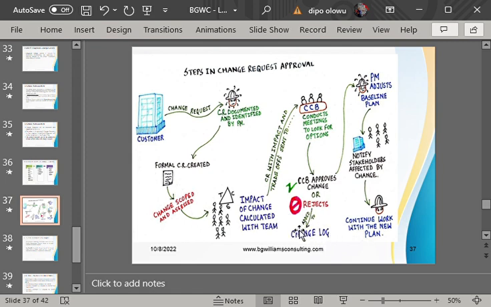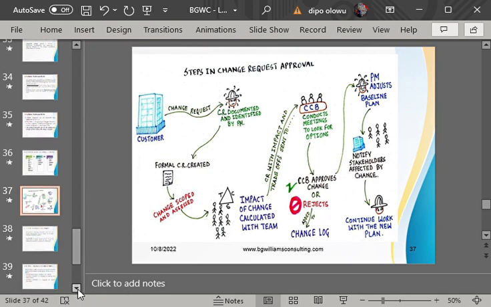So the team will now look at the change log and go and adjust their plan to execute. So the project manager will now notify everybody in the team and other stakeholders that, okay, there has been a change, we want you to execute that change. So you can see, continue to work on the new plan. Which means the project management plan will be updated because of that change, and the project document also will be updated because of that change.